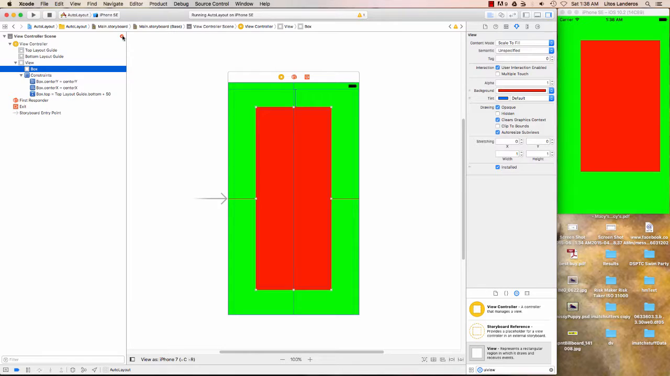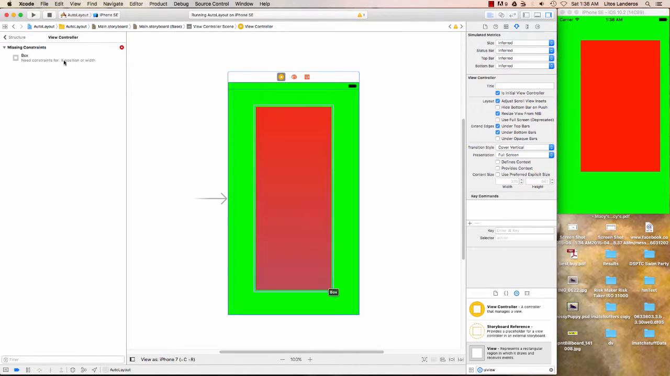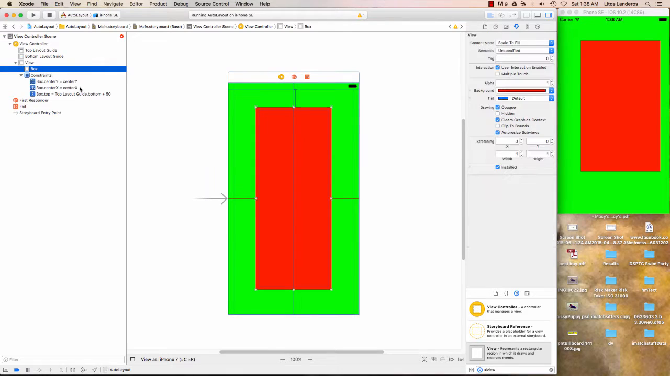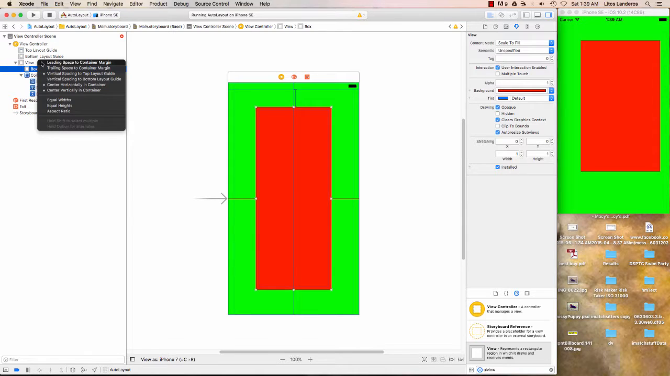Notice here it reappeared. So at that time what I did was I added an X position. This time I'm going to add a width. So I'm going to go back and click on structure. I'm going to go back to box, and I'm going to hit control drag from the box to the view. Select it, and this time I'm going to click on equal width. Click on that,